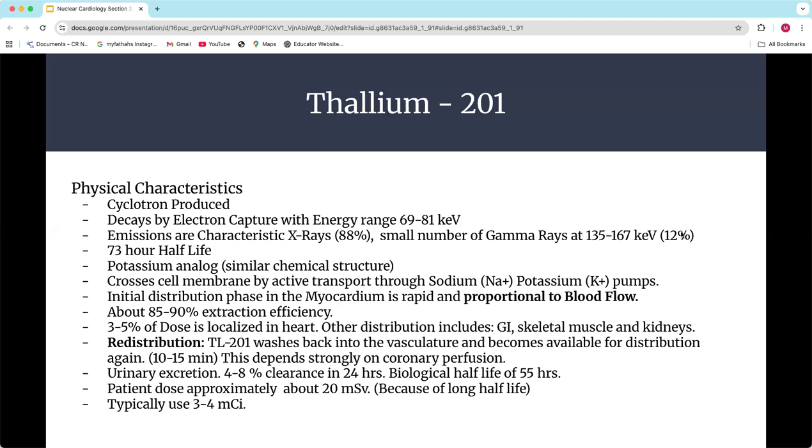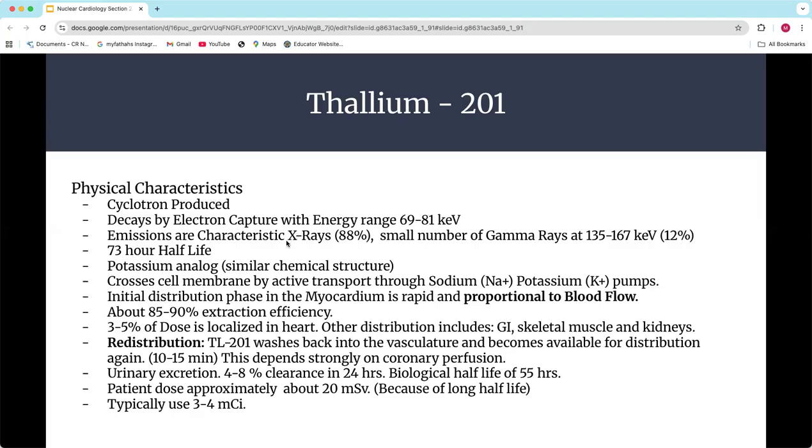So this is interesting because I think it's one of the only times in nuclear medicine that we actually use characteristic X-rays to image. When you put thallium under a camera, your window is usually set to grab those characteristic X-rays. And you might think, well, why not grab this 135, 167? That's a much better range for our collimators, but it's only 12%. So if you only accepted that, your patient would be under there forever. You're just not going to get the count richness that you need. And so you end up actually viewing these characteristic X-rays.